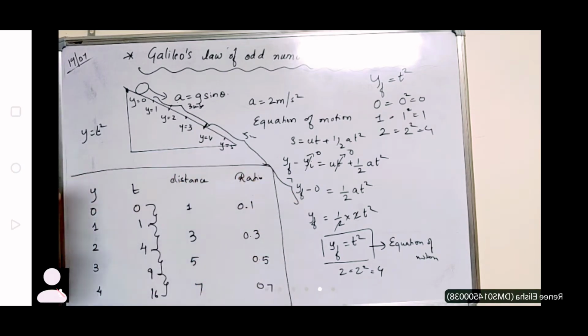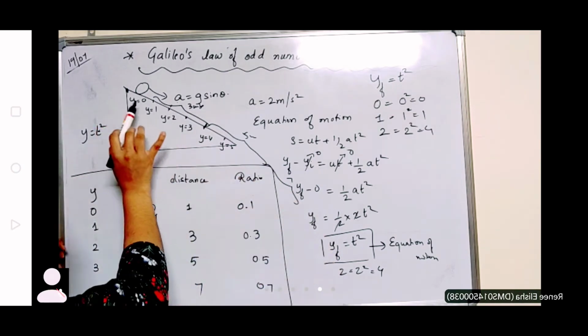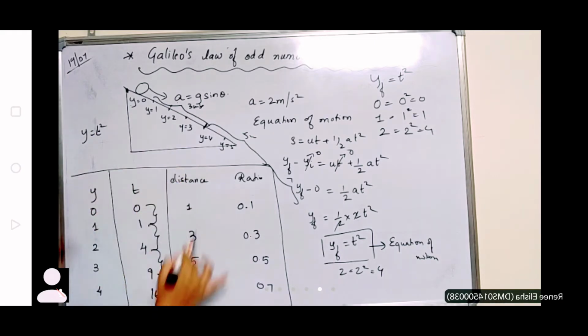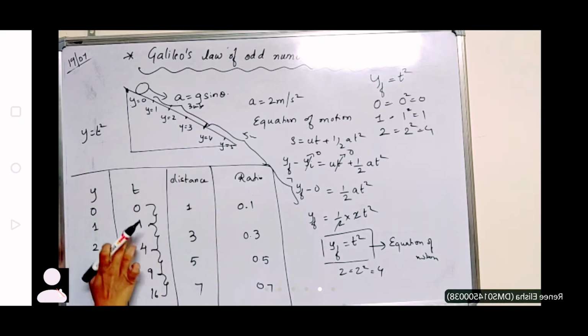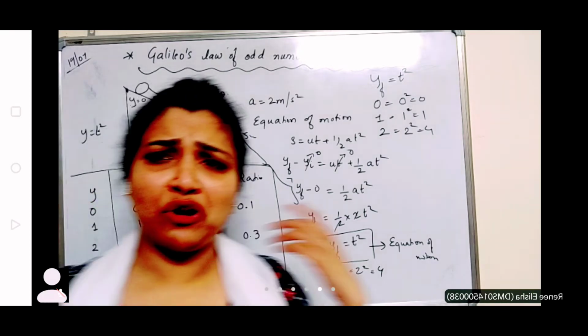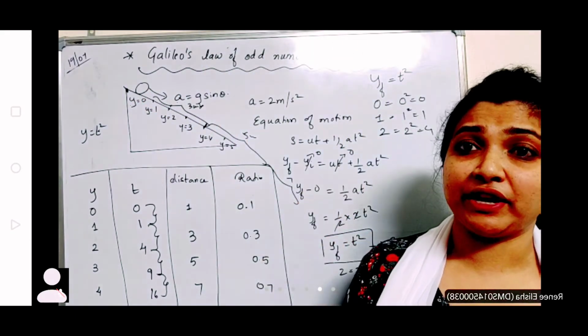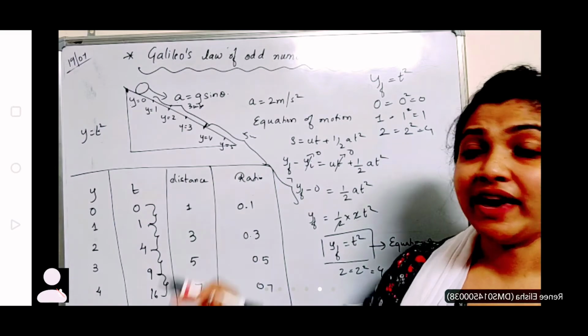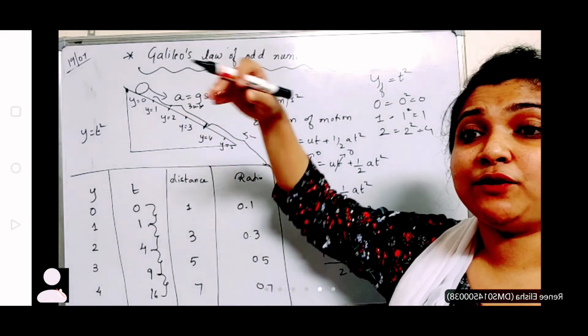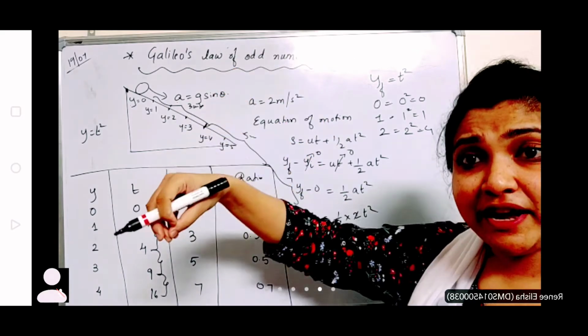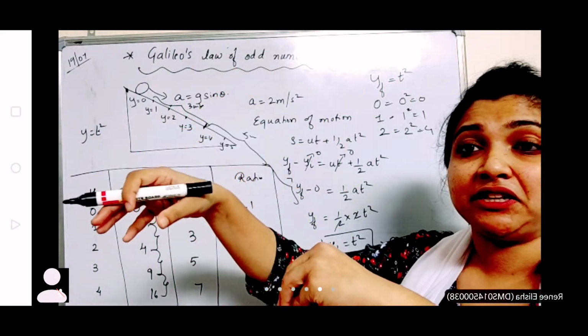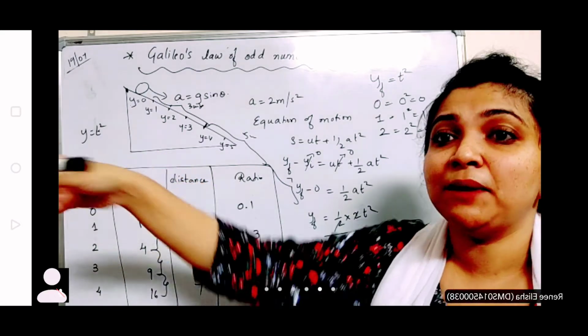Nothing, he just took this equation. He substituted at whichever position, what is the time taken and how much distance it has traveled. That is nothing but whatever the time taken is minus the initial time taken. So that means 4 minus 1, 1 minus 0, 9 minus 4, 16 minus 9. In every case, he took a lot of angles, not just an inclined plane. He took different angles, and every time he got odd numbers only. That is why he said that whenever an object goes on an inclined plane, its distance is always odd numbers. It always covers odd numbers.